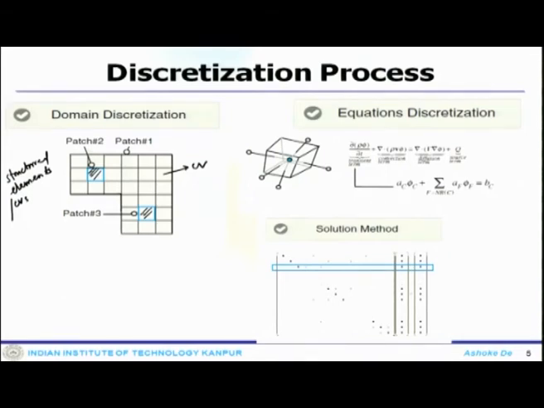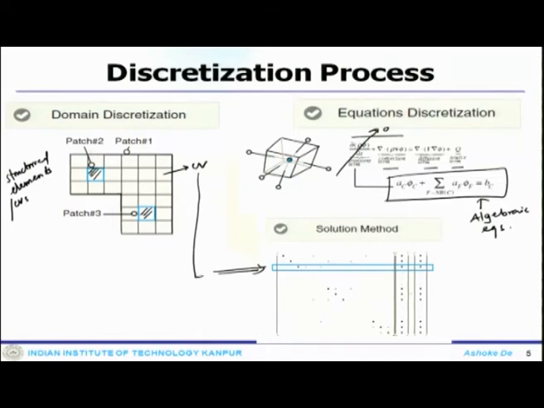Okay. Now equation discretization, I have the governing equations with source term. So I have an unsteady term, convection term, diffusion term, but in this case it is a steady state case, so I do not have any contribution from the unsteady term. So finally it comes down to an algebraic equation. Okay. And this would be put together in a matrix form, and this is for one particular control volume which can be represented through this kind of estimate.